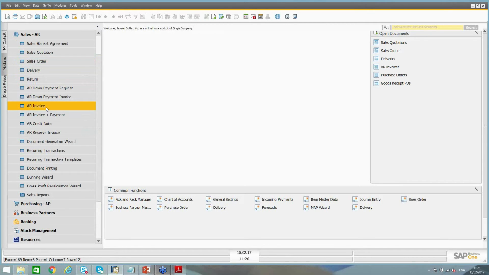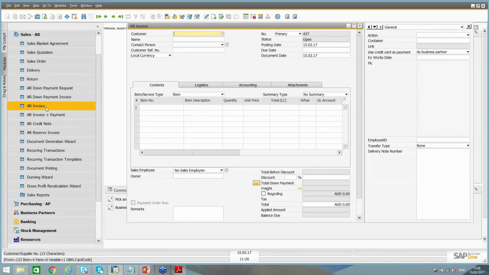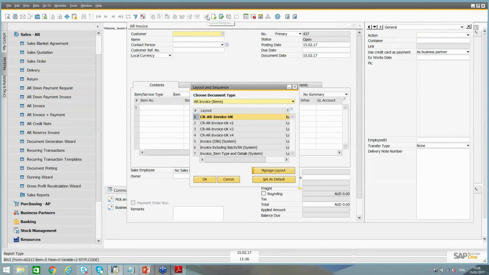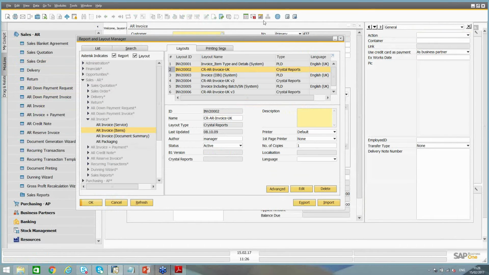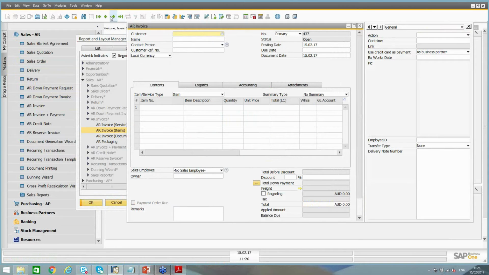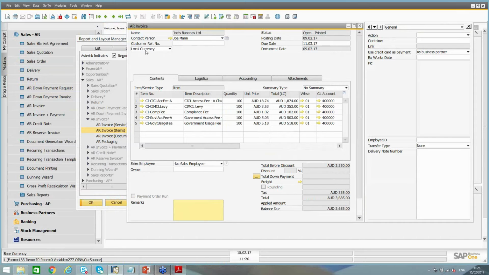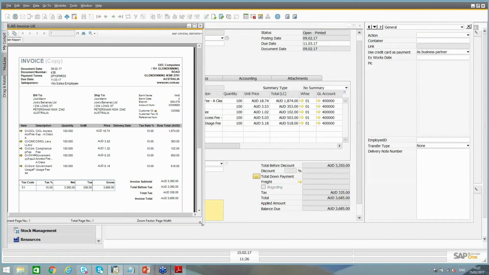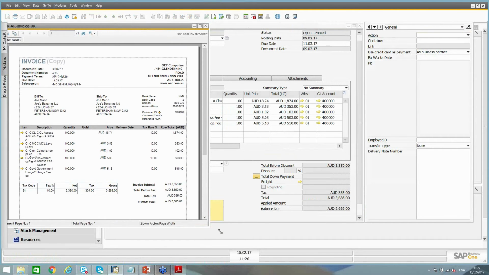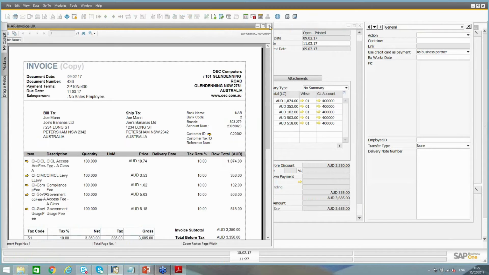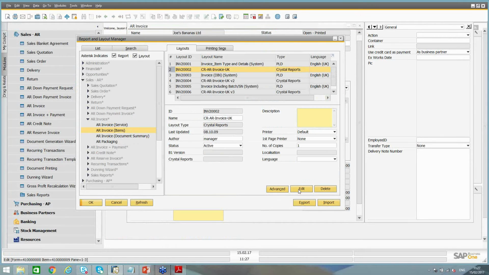So, for example, if you went into AR invoice, and I've got an invoice layout that's in Crystal, I can click on the pencil, the layout designer, and click on Manage Layout, and I can see all the different layouts that I might have and whether they're type Crystal or PLD. So here's one that's a Crystal report. Now if I wanted to modify that layout, let's firstly have a look at what it looks like. So I go into an existing invoice, I do a quick preview, and there's the output. If I wanted to amend this invoice, provided I've got Crystal Reports installed on the system where I'm doing this, I can just click on Edit,